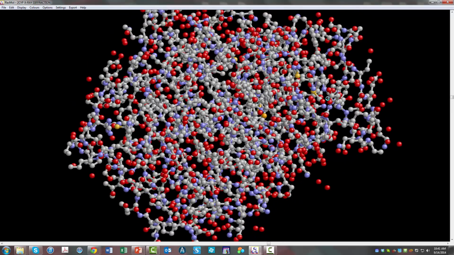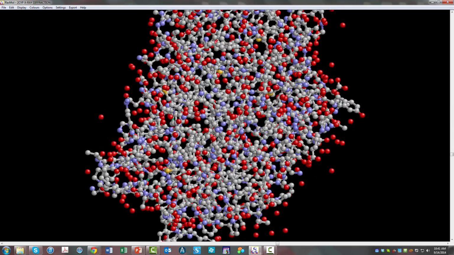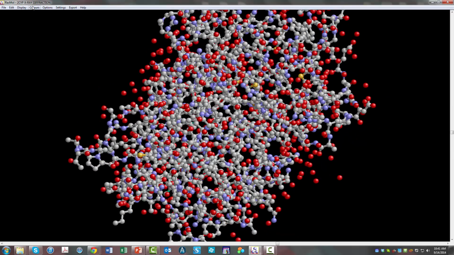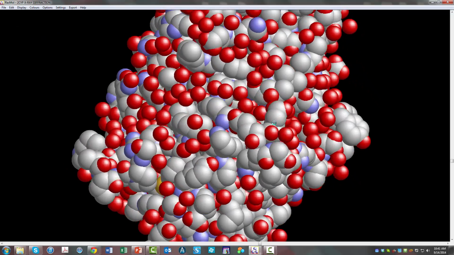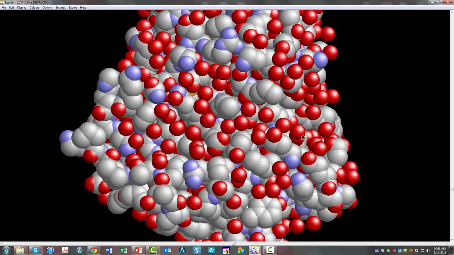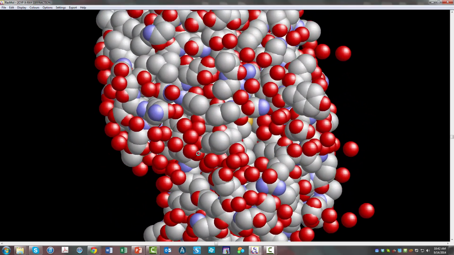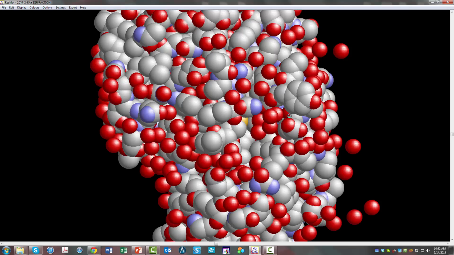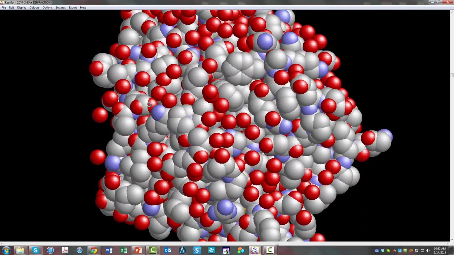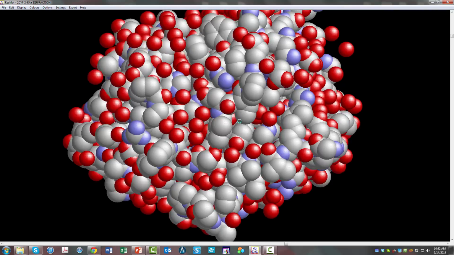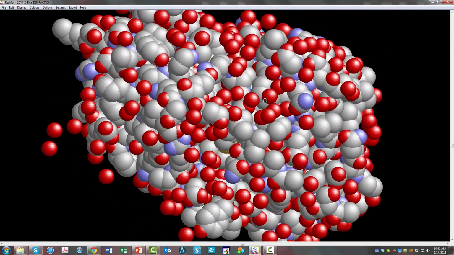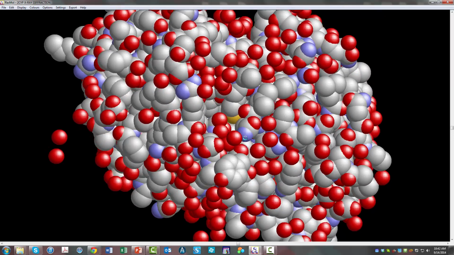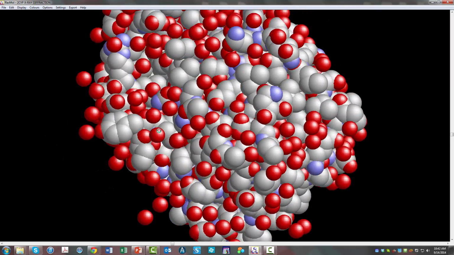It would just be a giant blob, and that would be really difficult to look at. However, if we display this as space fill, we can see it has basically an outside edge, and there are openings. It's like a little channel here, and we come around this side, and there's a little channel there as well. We can start to see that it's mostly an externally sealed system, but there is access